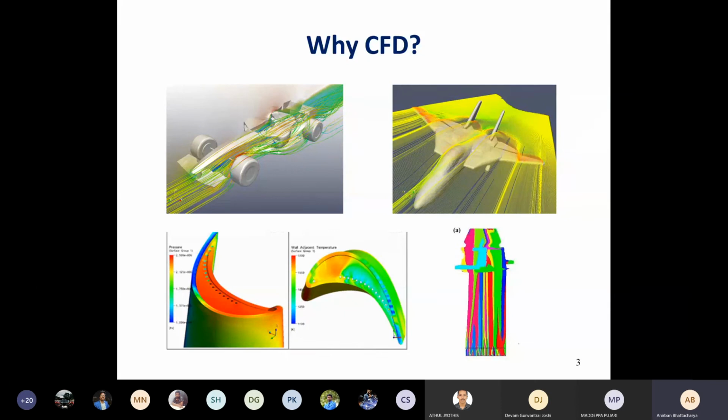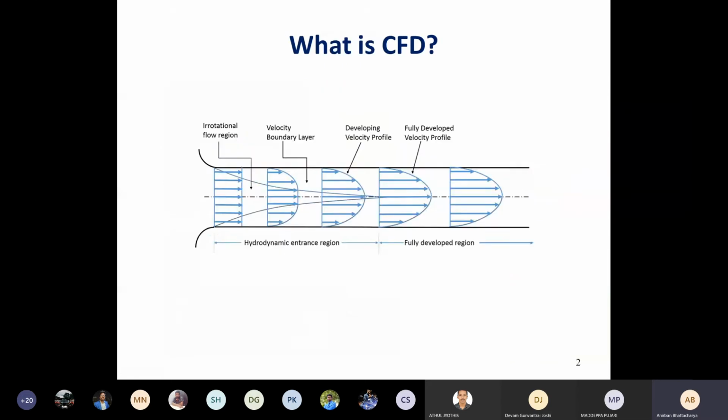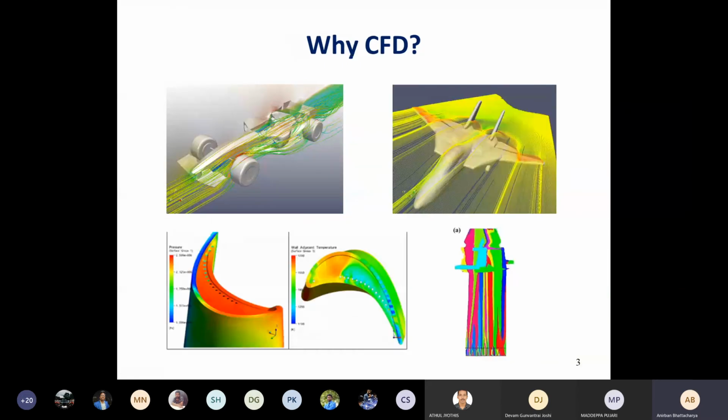For example, say you have developed your own CFD code or CFD solver for solving this flow over a Formula One car, and this is an unknown problem. But how will you know that your code is correct? There are many known problems, for example, flow over a cylinder, and flow through a cylinder like this previous problem. So you will solve those problems using your code and compare the results with the known results.